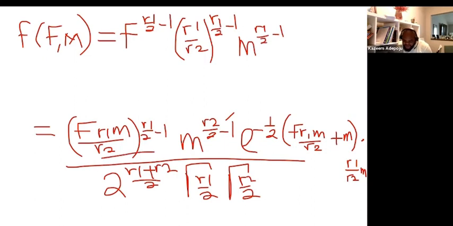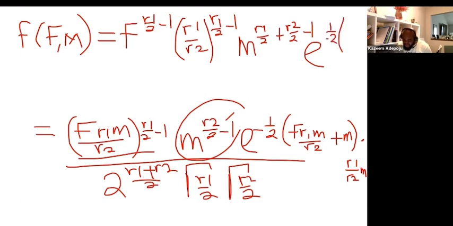I just simplify this guy, and when you combine this with that guy, I'm going to have R2, give me one second. By the time I put them together, R2 over 2 minus 1, then I'm going to have exponential raised to power negative half into,